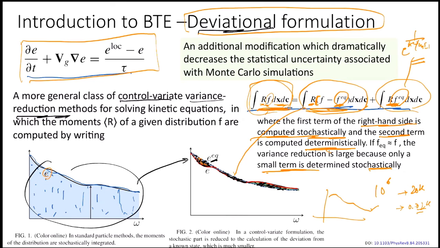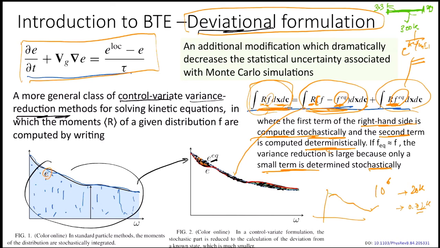But what we are saying is we could define some equilibrium temperature. For example, if you take a 1D rod, and I put the left hand at 303 and the right hand at 297, I could say maybe the equilibrium temperature inside is 300 Kelvin. Or even if it's a shorter length, I could say maybe it's a linear distribution. That's just my guess. We have to be as close as possible to the final solution, which we don't know.